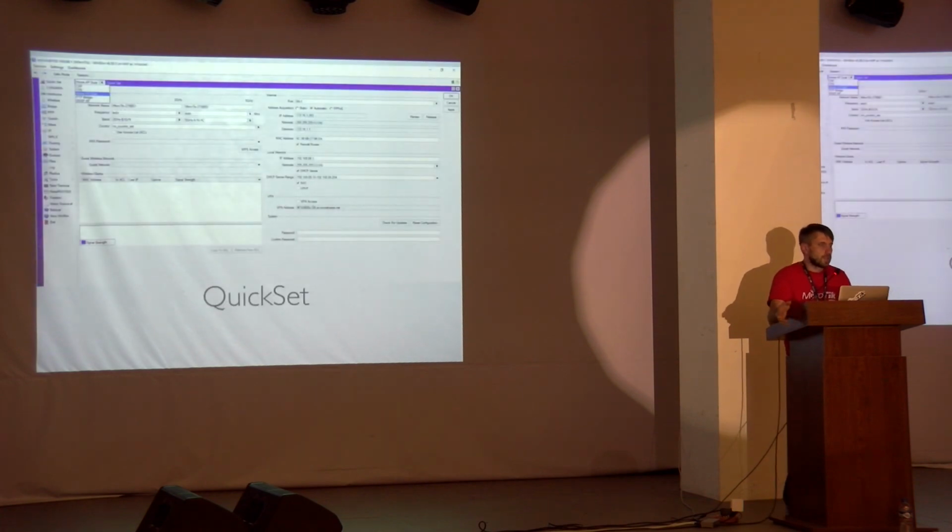So the fastest configuration can be applied by QuickSet. When you buy your router, especially if it is a router for small office and home office, you have an option when you connect for the first time to your device. There is a QuickSet menu where you can apply some predefined configuration. Everything that should be applied is available on one page, and you can set all necessary basic configuration from QuickSet and move your router to the production network and use it there.